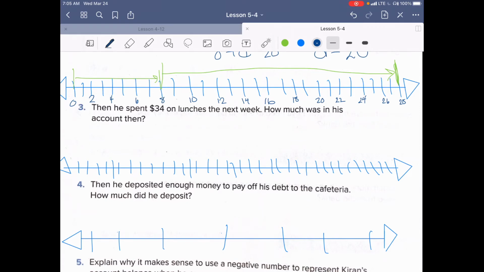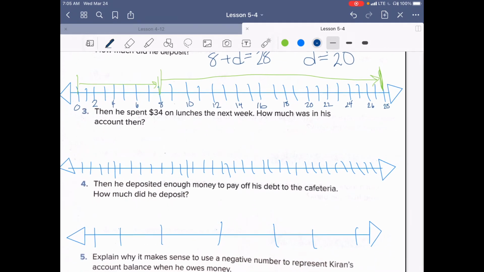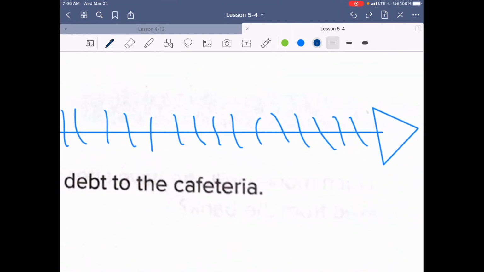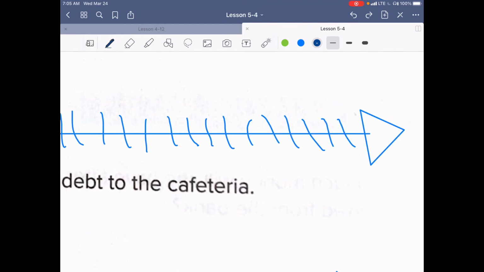Okay, so we know from the last problem he had $28. So this line down here is definitely going to be 28. So let's start backwards and count by 2s. 28, 26, 24, 22, 20, 20, nope, 18, 16,